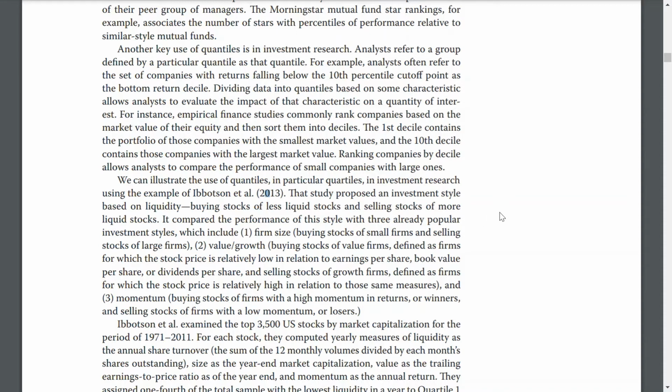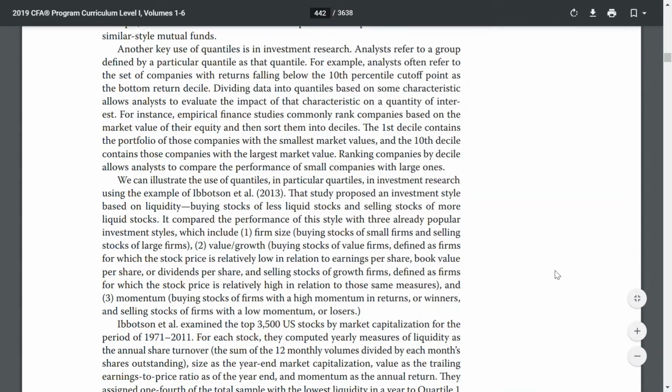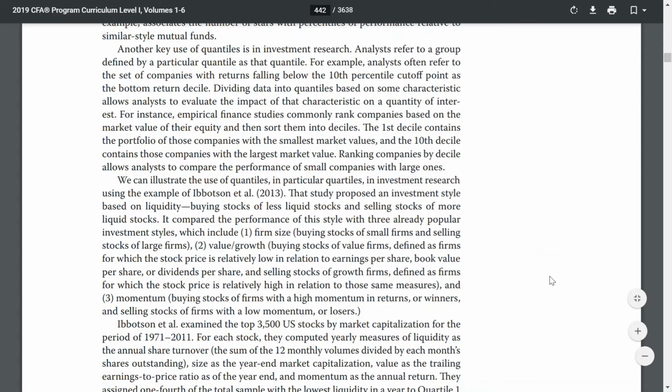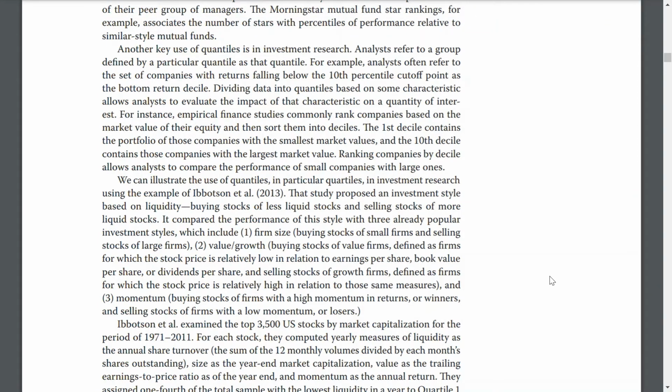al. 2013. The study proposed an investment style based on liquidity: buying stocks of less liquid stock and selling stock of more liquid stock. It compared the performance of this style with the 3 already popular investment styles, which include 1) firm size, buying stocks of small firms and selling stocks of large firms, 2) value/growth, buying stocks of value firms